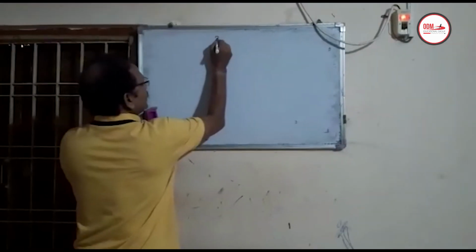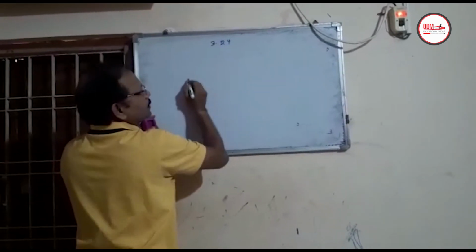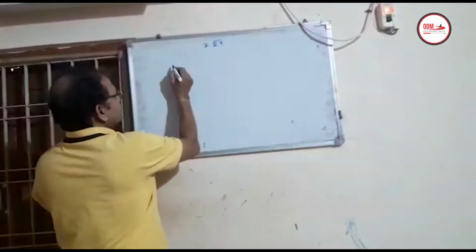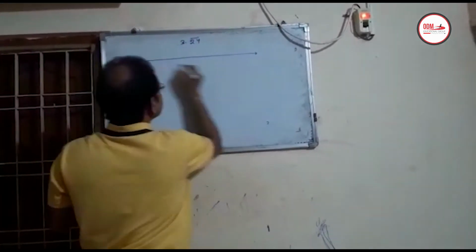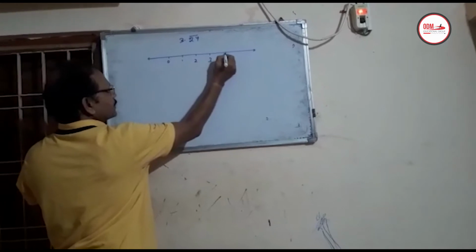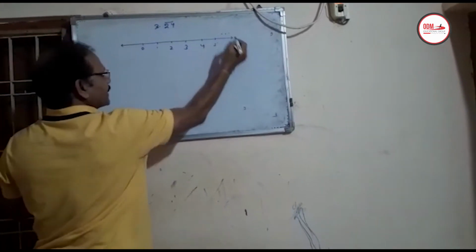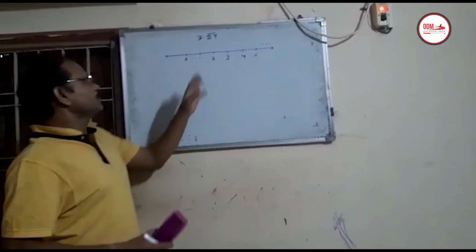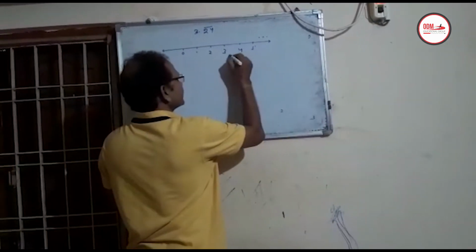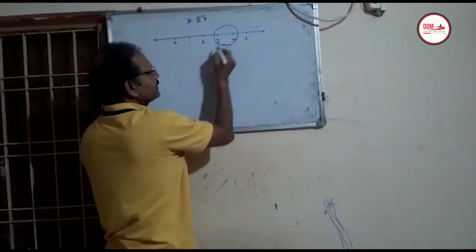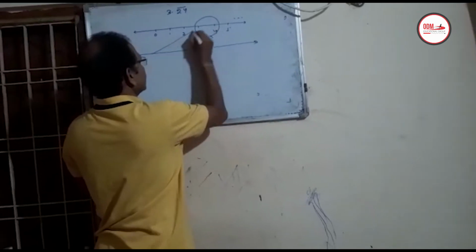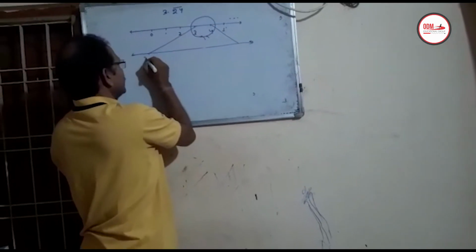Suppose I take here 3.24 bar, means 3.242424 like this. So first you draw a number line here. This is 0, this is 1, this is 2, this is 3, this is 4, this is 5, like this. This is the number line. Now you see 3.24 bar is in between 3 and 4. Now keep the lens here, so the size will be increased. It will look like this. This is 3, this is 4.